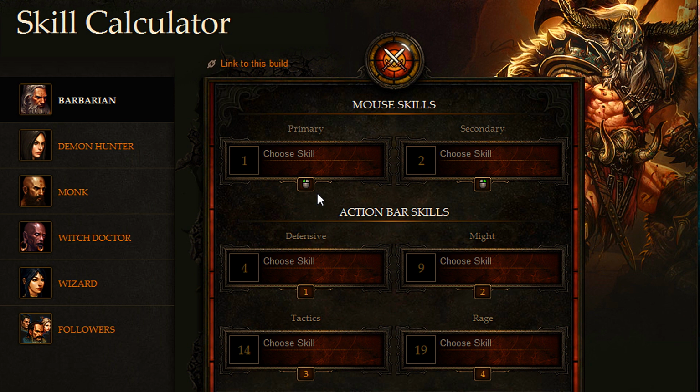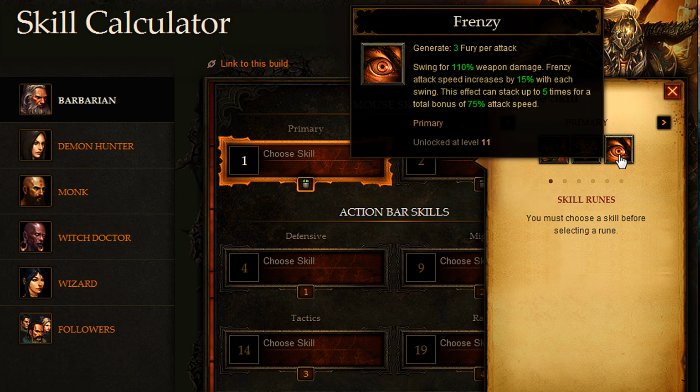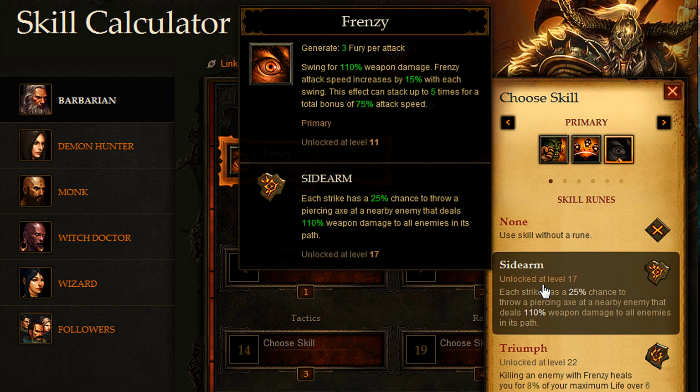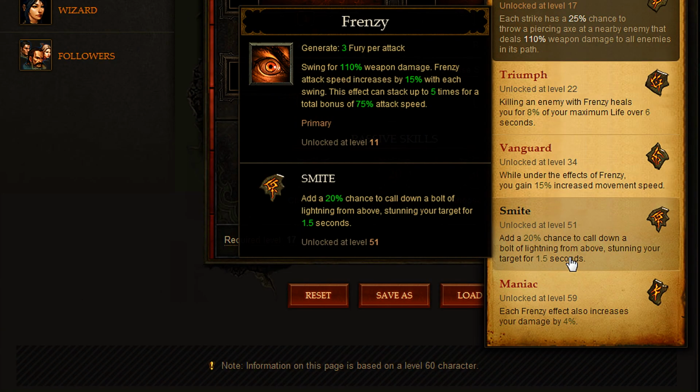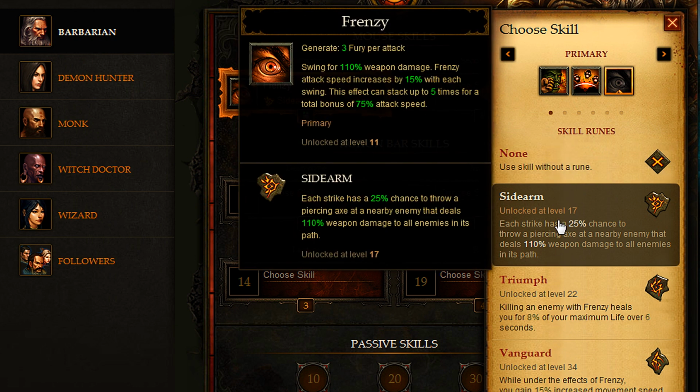my Barbarian solo Inferno build. So first thing I'm going to go ahead and say is my primary skill that I use is Frenzy with the Sidearm. I use Sidearm because it increases your DPS because you have a 25% chance to throw the piercing axe, and none of these other ones are really that good. You really want Sidearm. It's probably the best one out of all of the runes